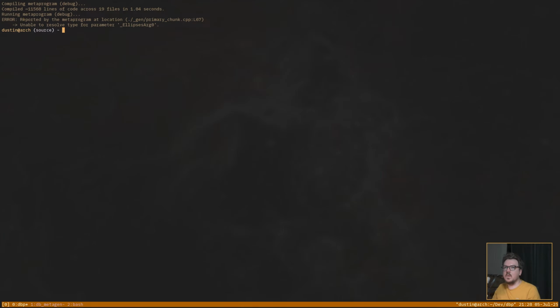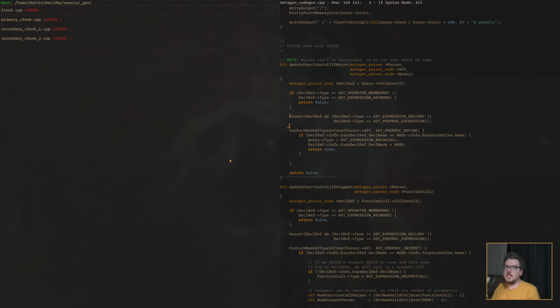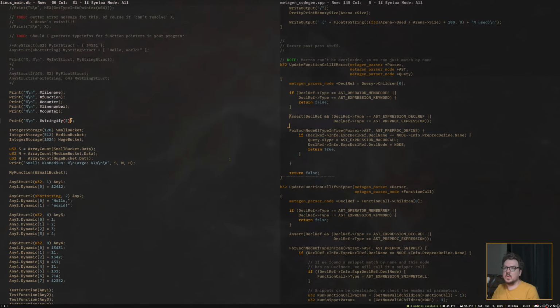Okay, there. So now on line 67 of the primary chunk, unable to resolve type for parameter. So we are going to take a look and see how this is failing now. Unable to resolve type for parameter. Did this update our primary chunk or is it not getting there yet?